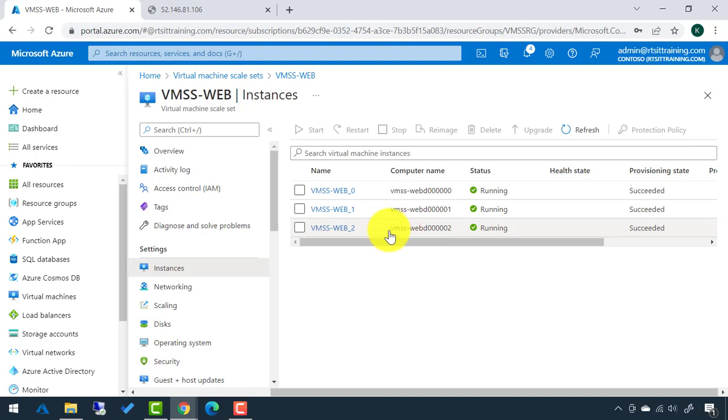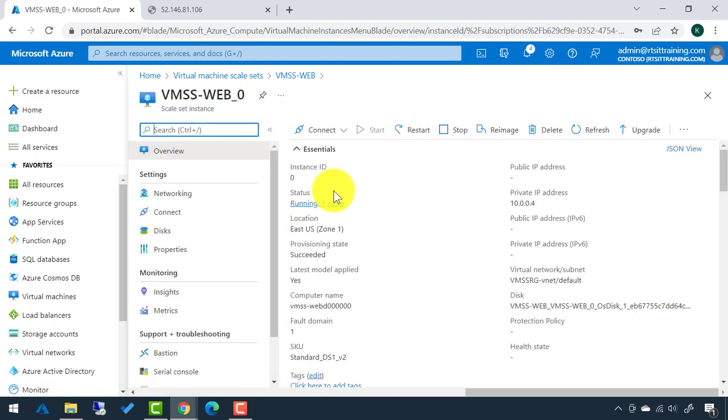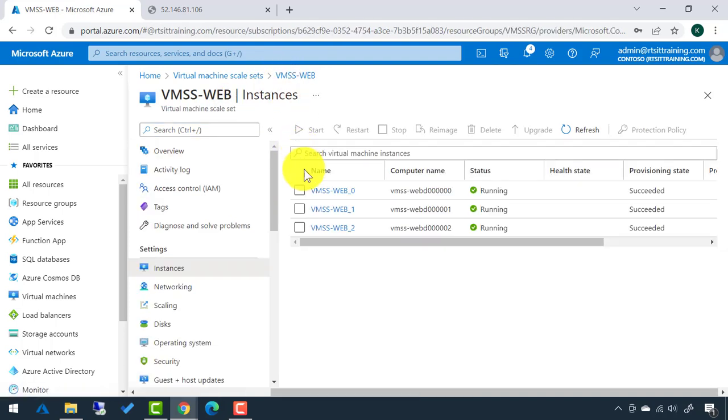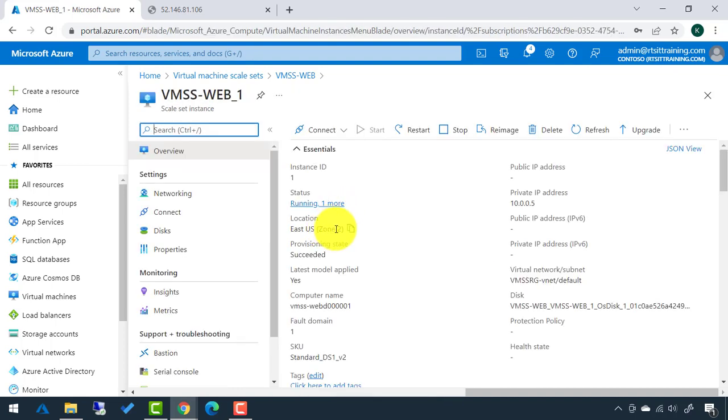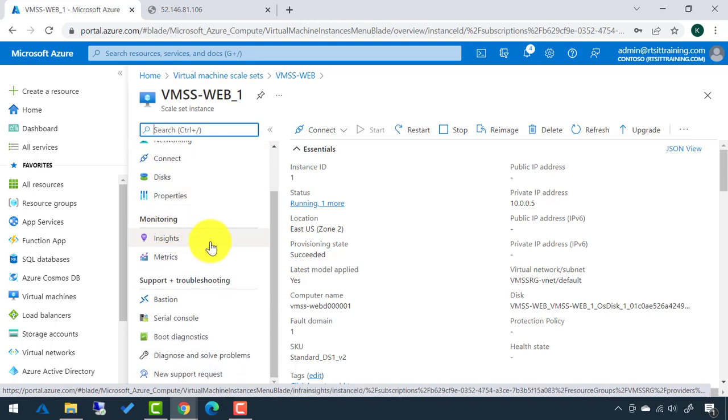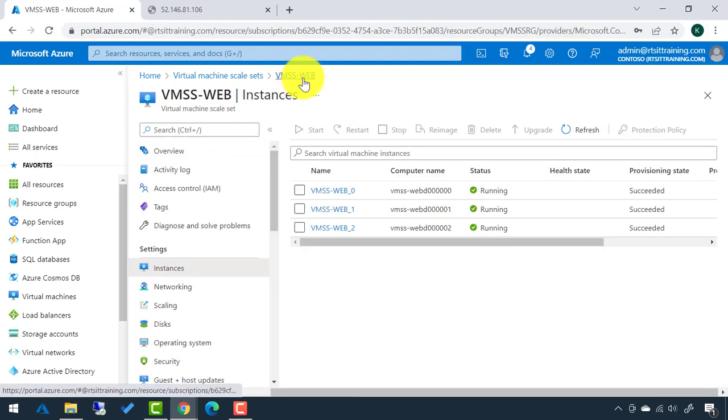Now, what's interesting with some of these instances, if I click on the first one, Web 0, you'll see it's in Zone 1. If I go back to the scale set and click on another one, I click on Web 1 this time, it is in Zone 2. So there is not a single point of failure that would bring both of those instances down because they run in different zones in Azure. So we have achieved some level of high availability. Pretty fascinating. And you can manage some other settings here, like network settings, disks, just basic settings at the instance level. But if I go back to the virtual machine scale set itself,